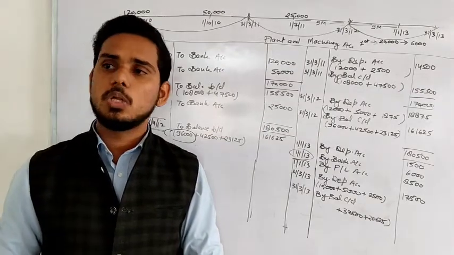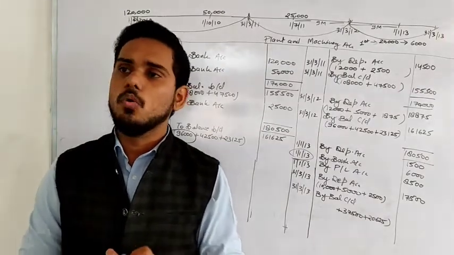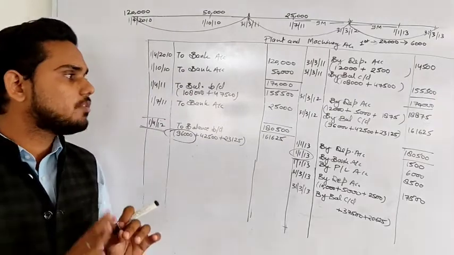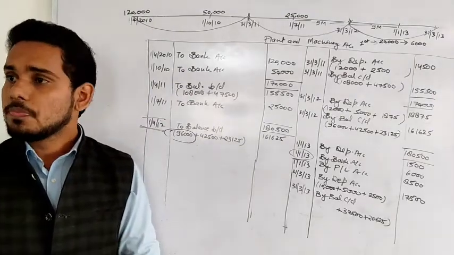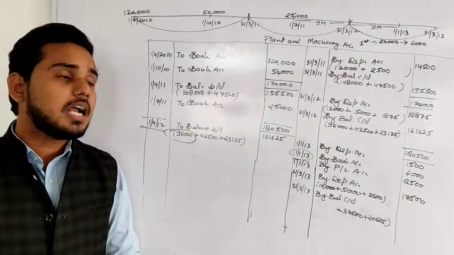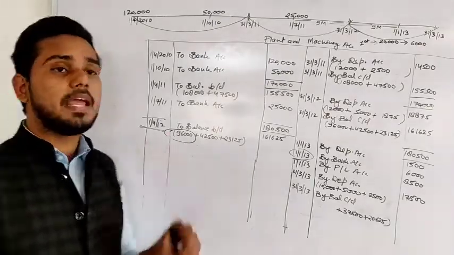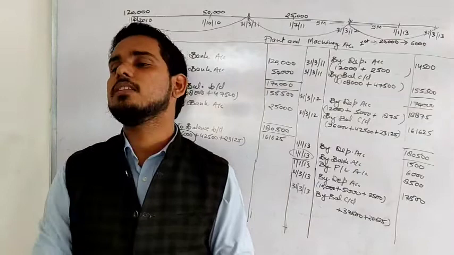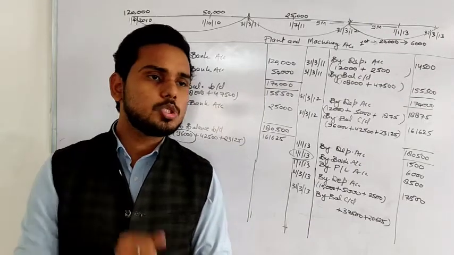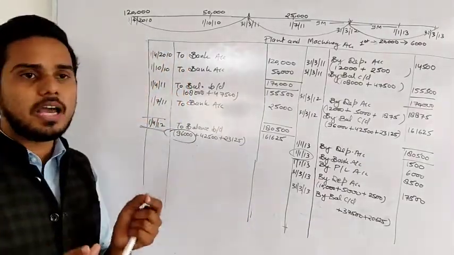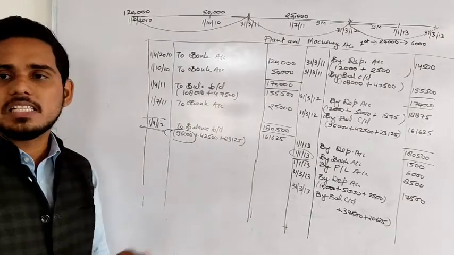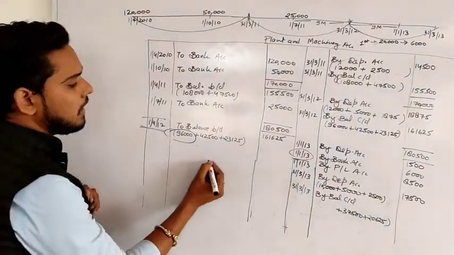So we need to deduct or remove the current value of that machinery which is sold. And if you remember, the current value of the machinery which was sold on 1st April was 16,000. So if we sold a machinery of 16 current value from this 96 current value, the remaining will